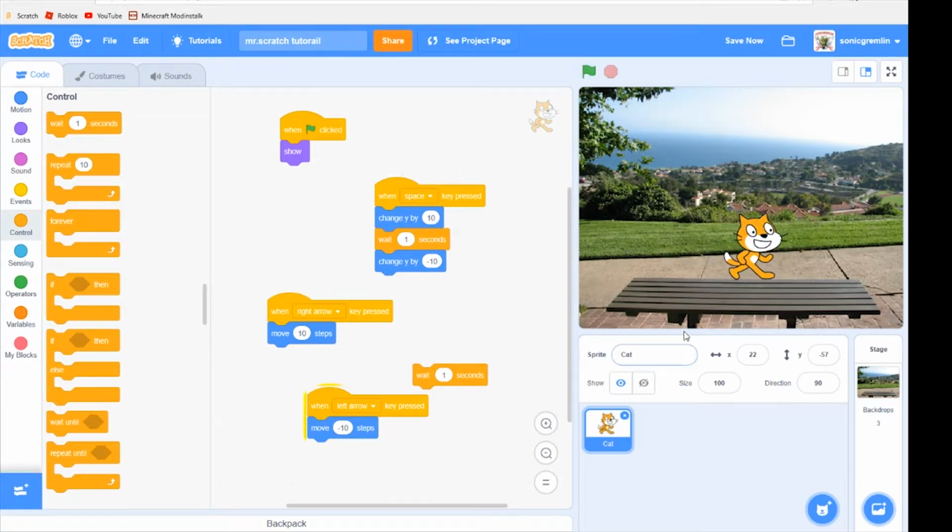But there is one problem. We have to keep dragging him over, because whenever we stop and play, he still goes to that spot. So we're going to have to make him stay at this spot. So in order to make him stay at that spot, what you need to do is,